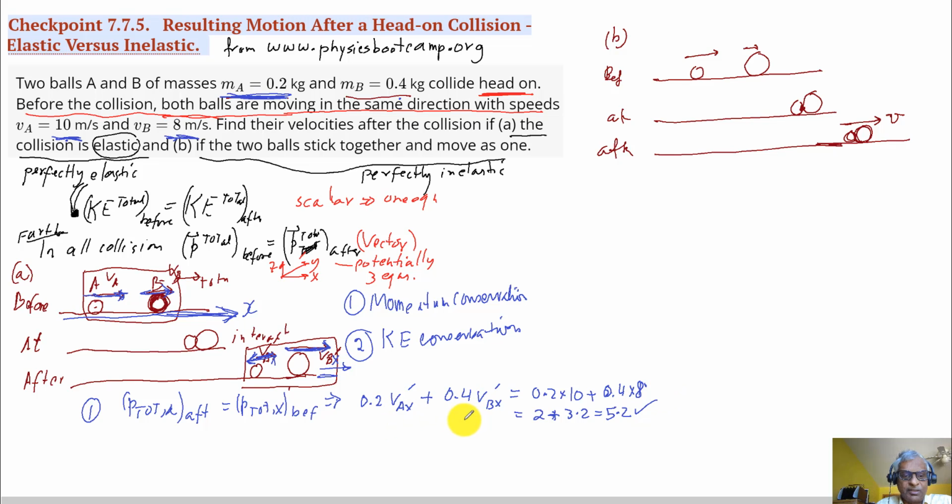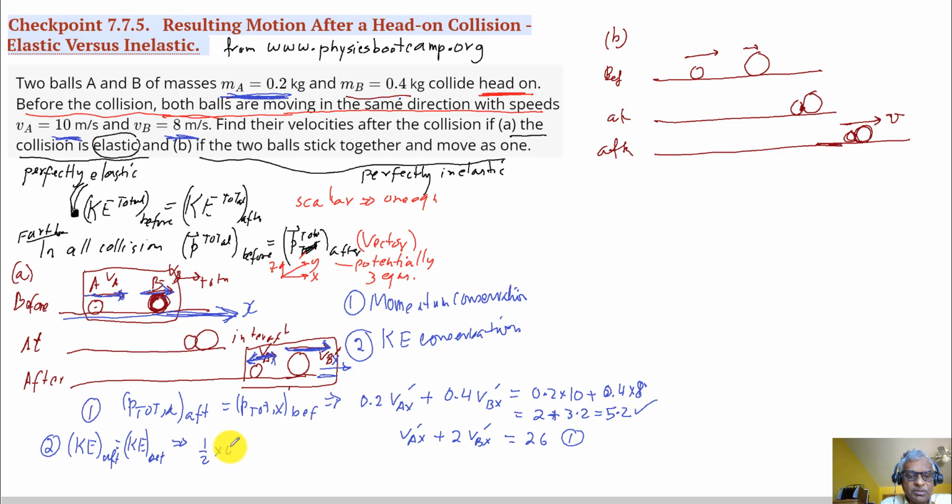So if I simplify, divide by 0.2 everywhere, so Vx prime plus 2 VBx prime equals, divide by 0.2, so 5.2 becomes 26. So this is equation 1, and equation 2 is kinetic energy after equals kinetic energy before, and that's going to give me